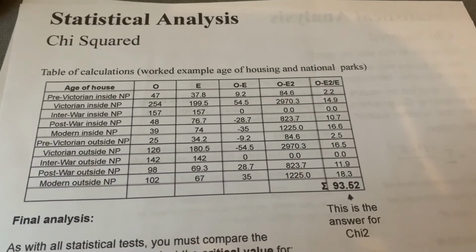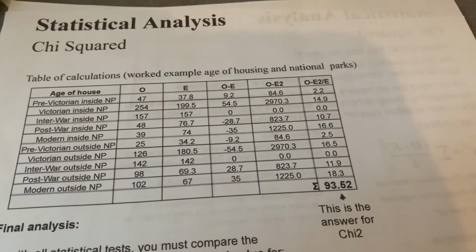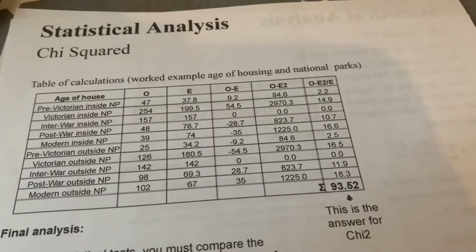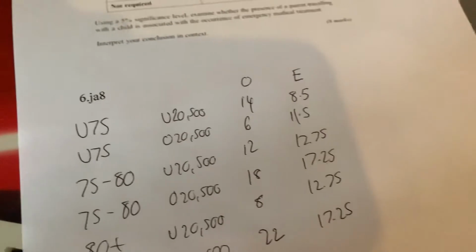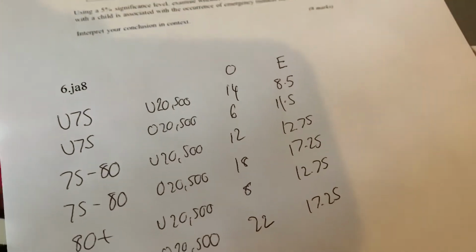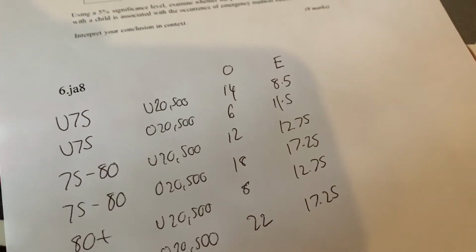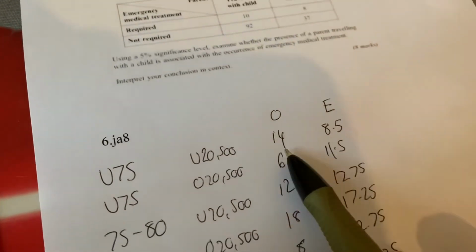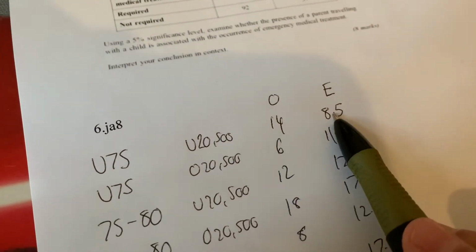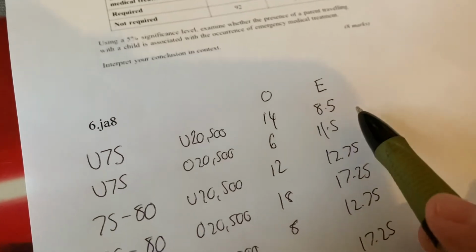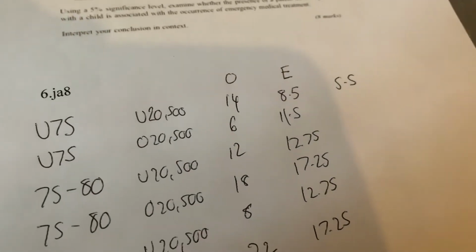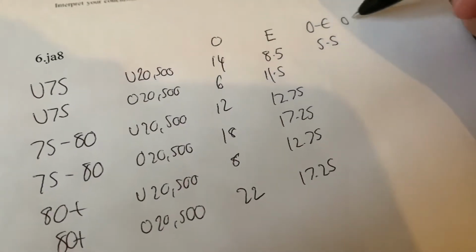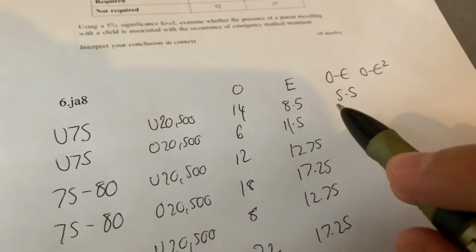My next step, again, if I have a look at the example in my fieldwork and research booklet, is I simply do observed, take away expected, and then I'm going to square that number. Always remember that when you square a negative number, it becomes positive. So when you get onto that O minus E squared column, it should always be a positive number. So for example, in this one, I would do 14, take away 8.5, which is of course 5.5. I'm then going to square that number,